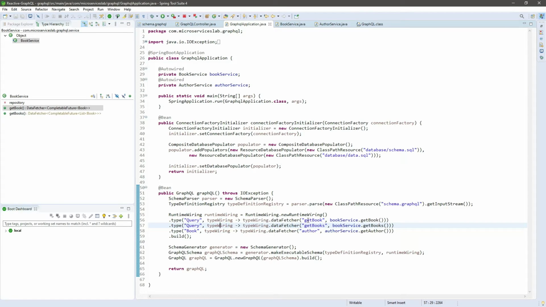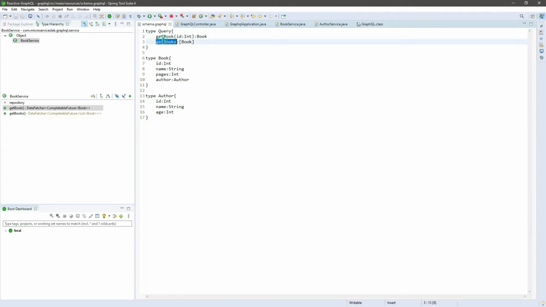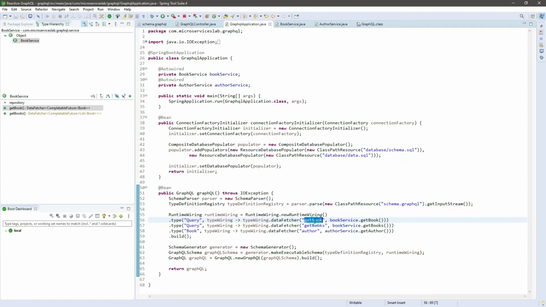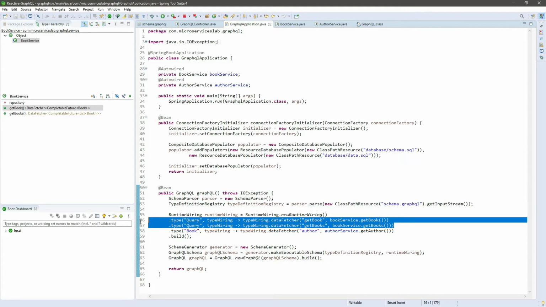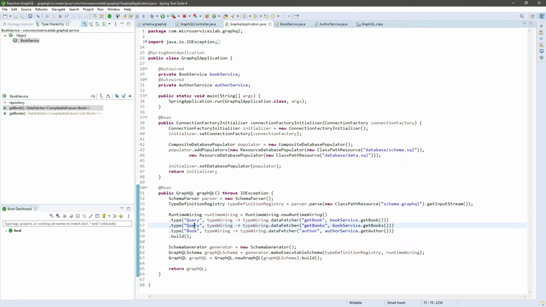The first one is used to link the getBook operation, which is present in the schema file here, and then we are linking this operation with the getBook data fetcher. Same case with the getBooks operation. Here we are linking it with the getBooks data fetcher. As mentioned earlier, both of these operations are of type query, so we have used the query here.